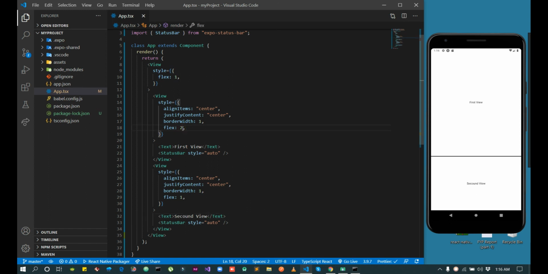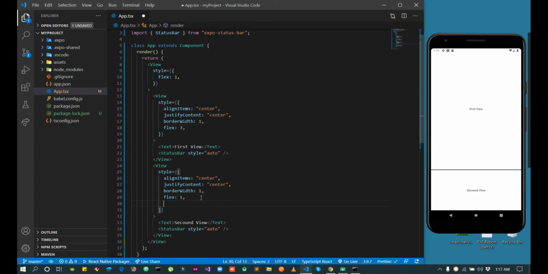I am giving the value 2 to the first view. Then you can see the whole screen is divided into 3 parts, but the first view uses 2 parts, and the second view uses only 1 part. If I use 3, then it's divided into 4, 3 plus 1, so it uses 3 parts and 1 part.